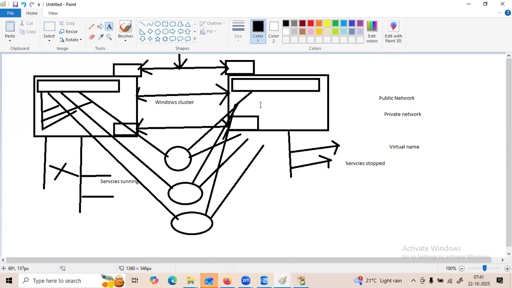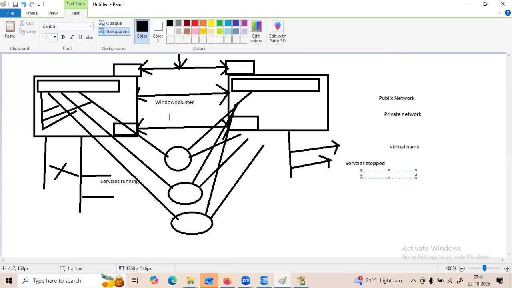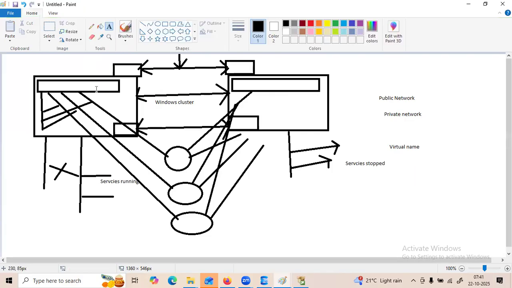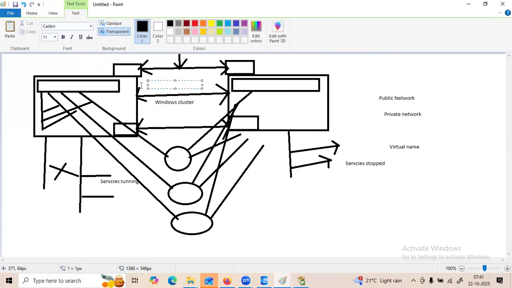But on the other computer, what we did is add this particular instance here. So here the binaries will install and the services will stop. So at the time of failure, what will happen? If this computer crashes, what will happen? This SQL Server will fail over to the